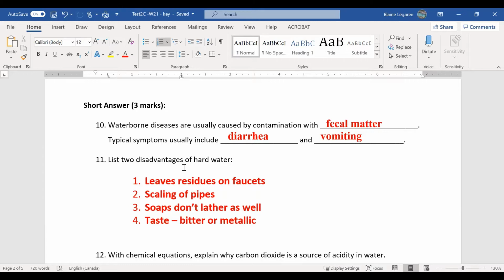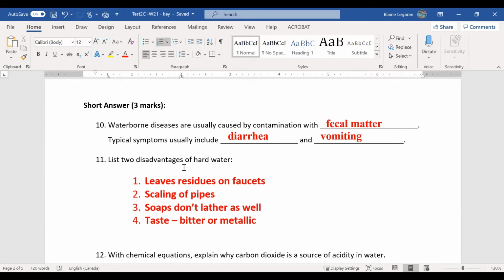It's not making you sick, but it leaves residues. And so I would accept actually 2 answers around residues, 1 on scaling of pipes and 1 just residues on faucets or you know, bathtubs and things like that. Another one was that soap doesn't lather very well when the harder the water is. And taste,